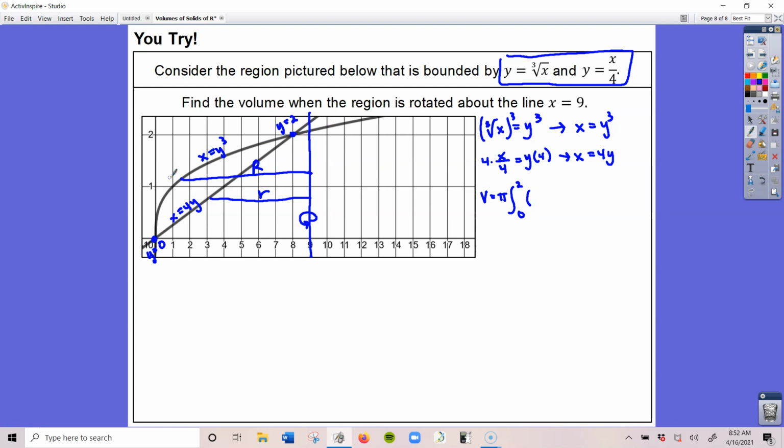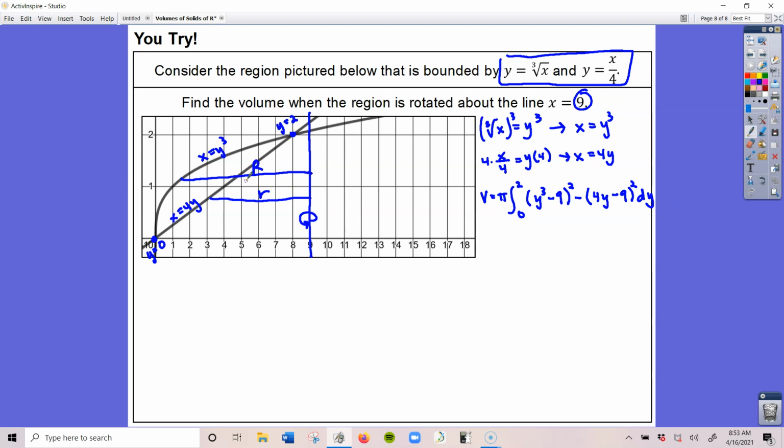of my big radius, which is y to the third, minus the axis of rotation, which is 9, squared, minus now my little radius, which is 4y, minus the axis of rotation, squared. And then obviously close your integral with dy rather than dx. So this is how I set up the integral in order to find the volume of the solid that will